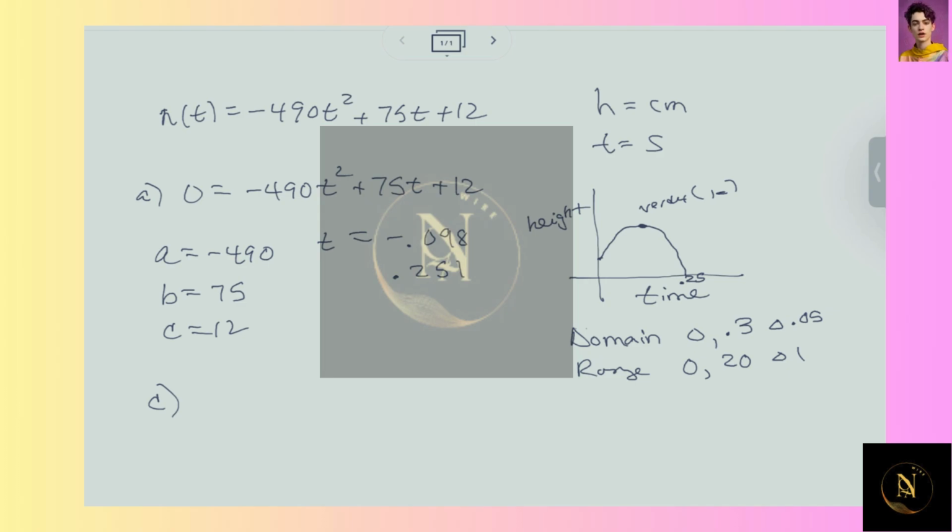So to get the vertex, we want to take opposite of B over 2A to get the x coordinate, and then we want to plug that in to get the y. So opposite of B is negative 0.75, and we're going to be dividing that by 2A, so 2 times negative 490. It's going to give us a really small value. So we're going to get